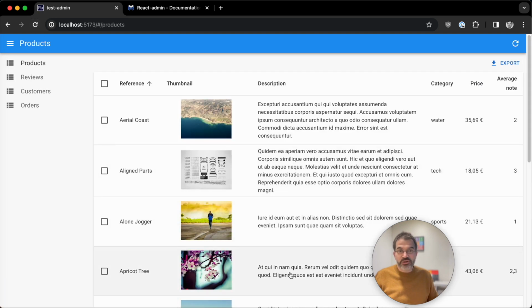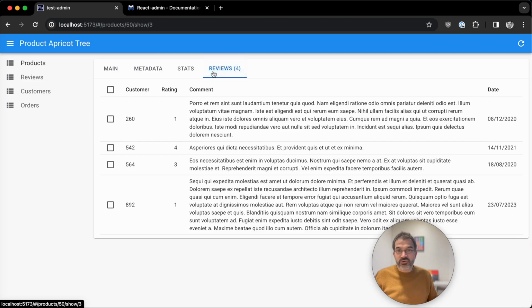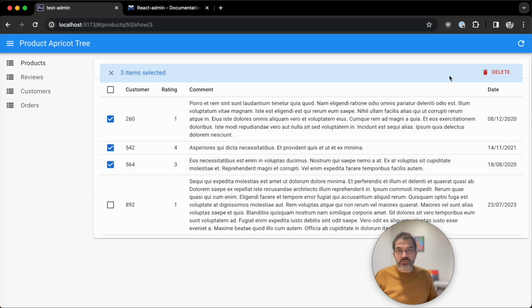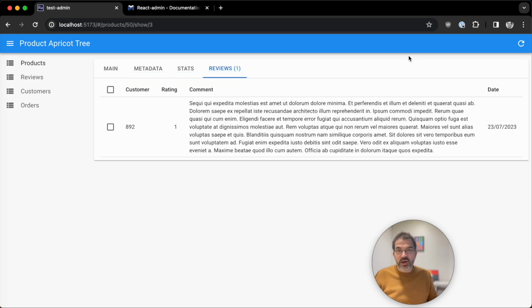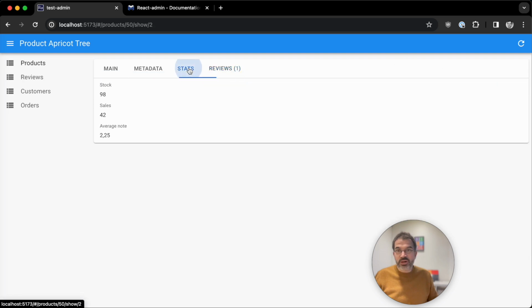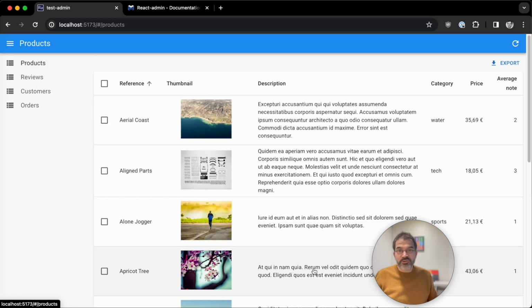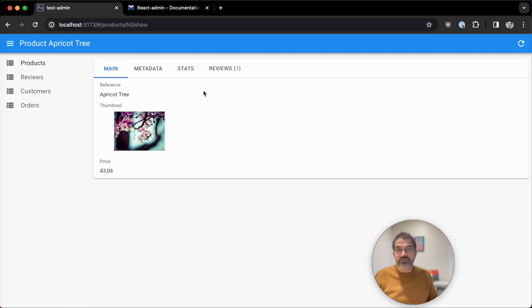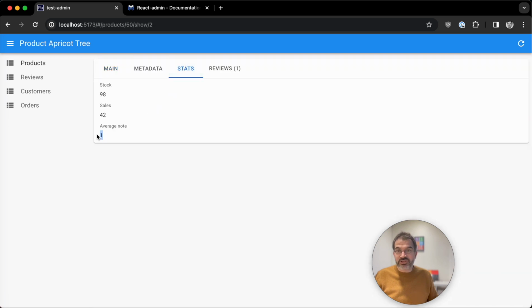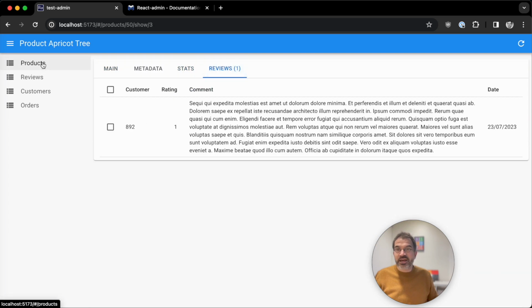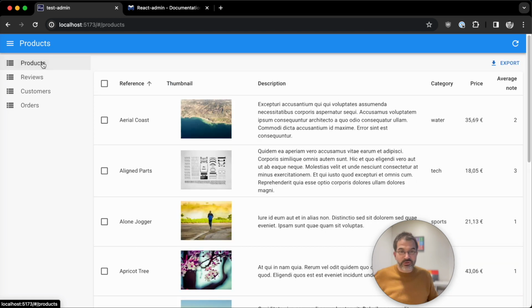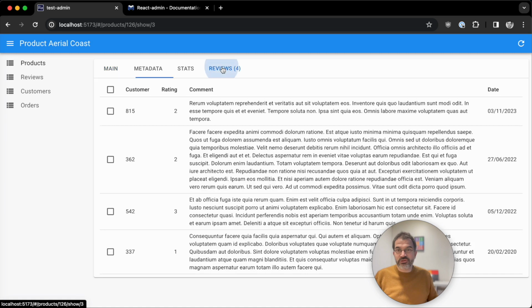It's apricot tree 2.3. It has 4 reviews, and I'm going to delete 3 of these reviews. And now apricot tree should have an average note, which is not updated here, but it's updated there. So yeah, if I refresh, the average note is correct. The time for the delete to occur. Let's try again. Here I have 4 reviews